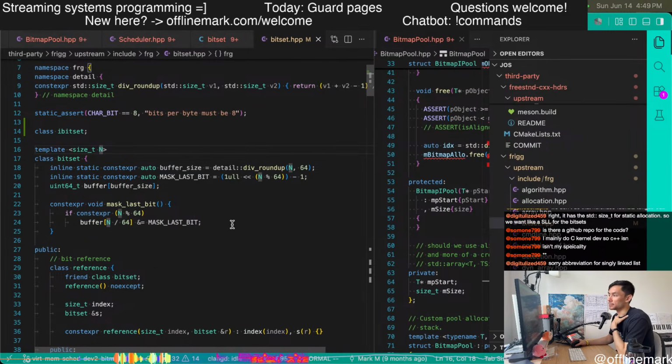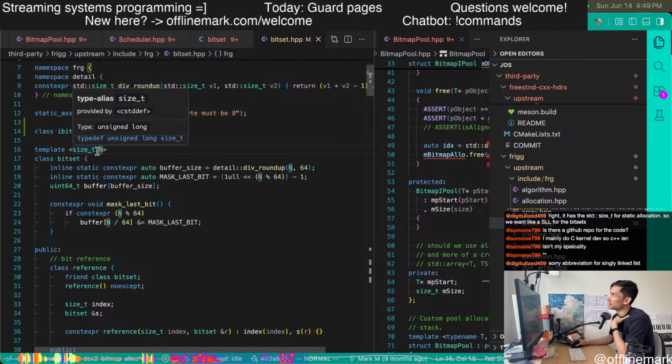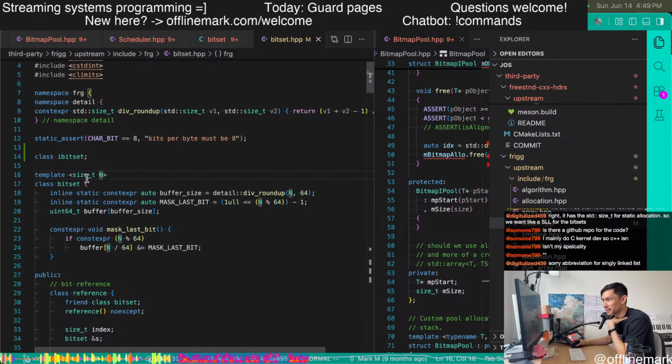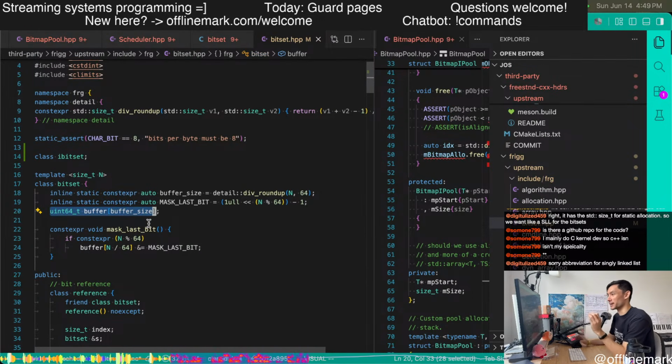Yeah, it's not really like a linked list, but the point is that the size is just hard coded into this type. The N is used to compute the number of bytes stored in this basically int buffer. It's a fixed size int buffer.